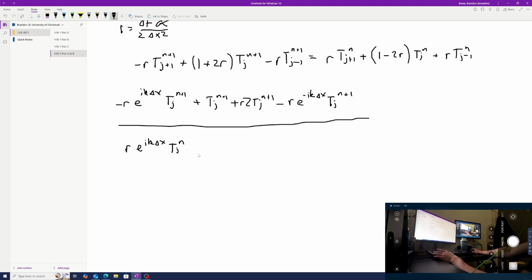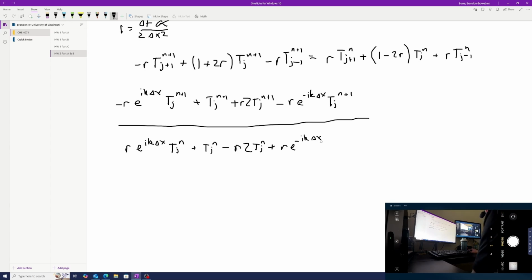Then again, splitting these up, plus tjn minus r times 2 tjn, and lastly plus r times e to the negative i k delta x times tjn. And now what you can see here is we are able to pull out our tjn, leaving us with a